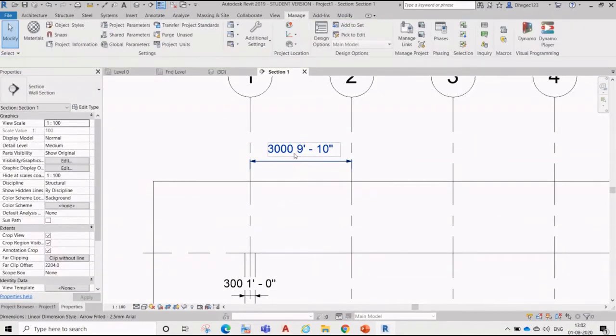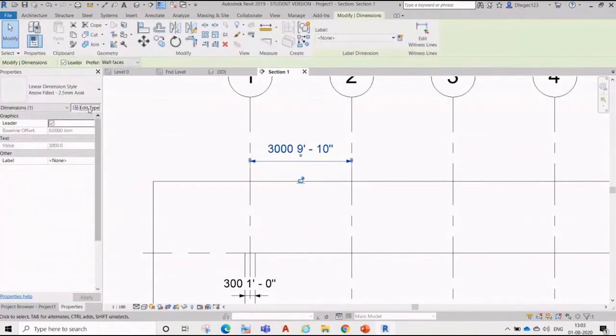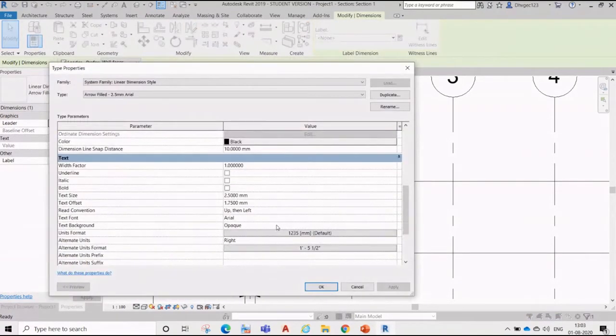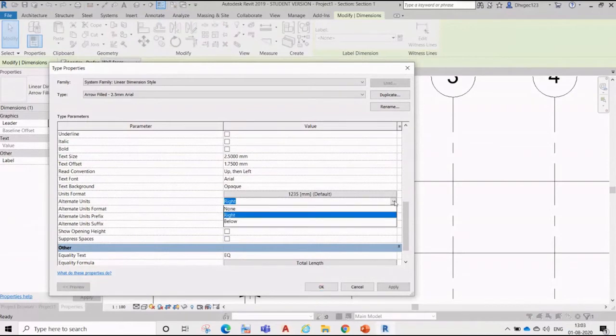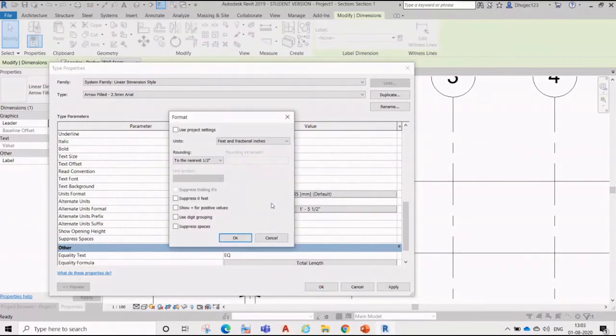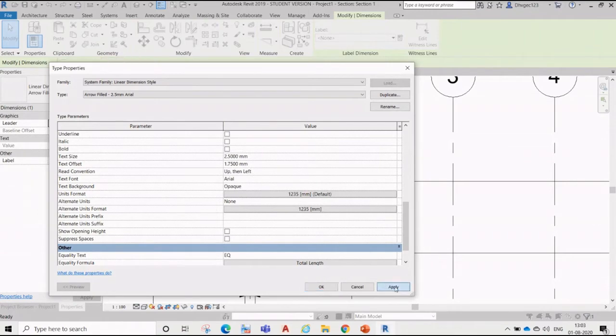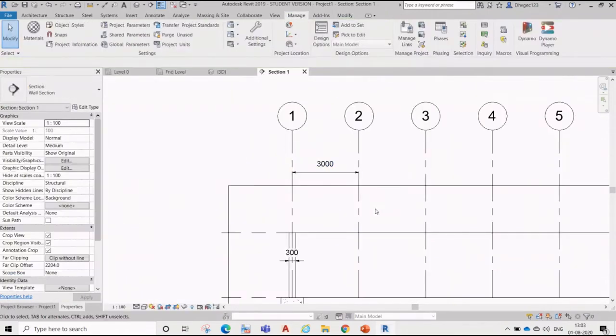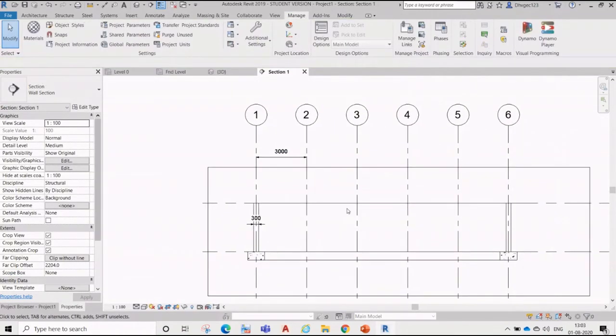So you can see here 3 meter, and whether you want it upside or downside, you can define that. But that we will cover in annotation. That's good that you ask questions so that it becomes more interactive.